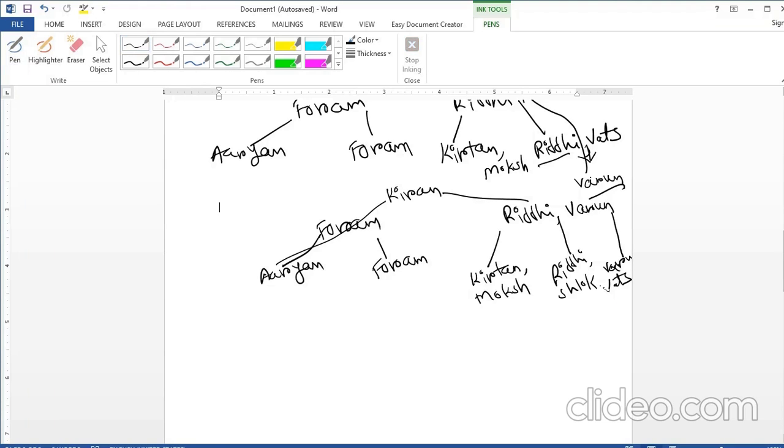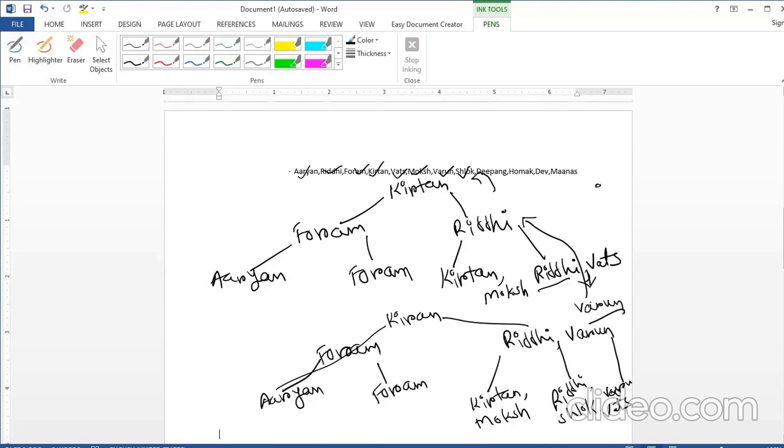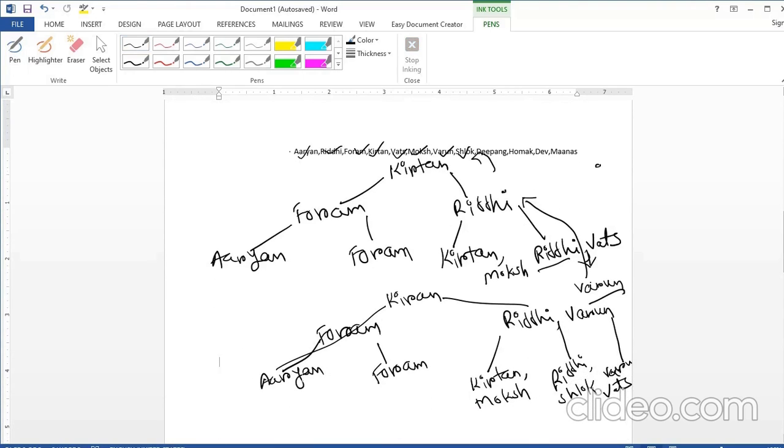The next value is Dipang, so that will be inserted after this Aryan, right? Okay, then the next value is Homak. Dipang, we are done. Now the next value is Homak, which will be inserted after Forum, so Homak will be inserted here.